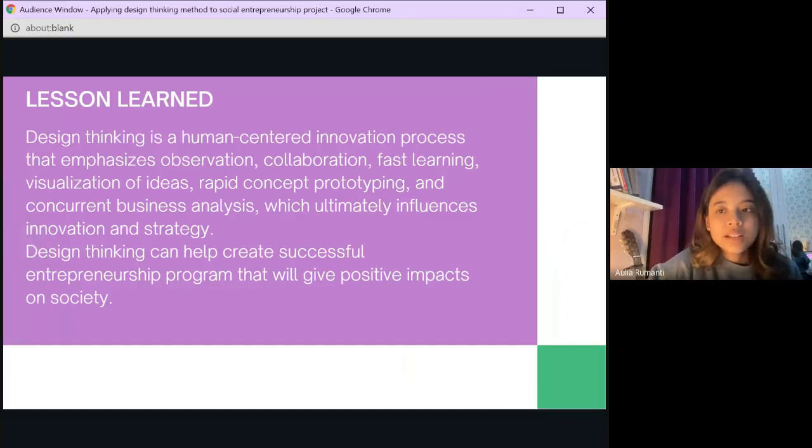So the lessons learned that we can take from these cases are, first, design thinking is a human-centered innovation process that emphasizes observation, collaboration, fast learning, visualization of ideas, rapid concept prototyping, and concurrent business analysis, which ultimately influences innovation and strategy. And the second one is design thinking can help create